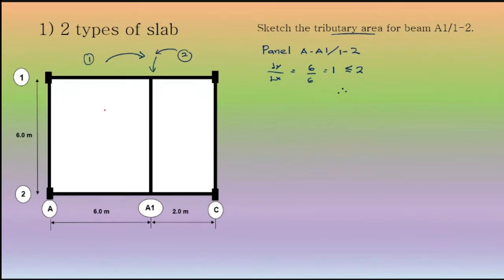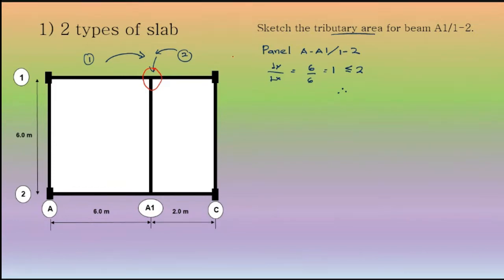Okay, sketch 3x3 area. Dia tak akan kata identify, ni antara soalan. Kalau dia kata identify the panel slab either one way or two way, senang. Tapi kalau dia kata sketch the 3x3 area for beam A112, this beam A112 support slab kiri dan kanan dalam keadaan macam mana. So what we are going to do adalah you have to identify either this slab one way or two way. So first kita tengok panel